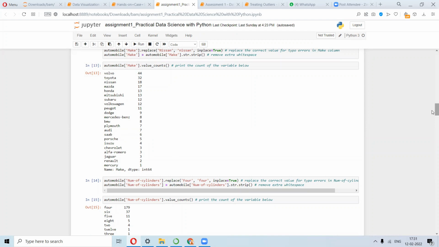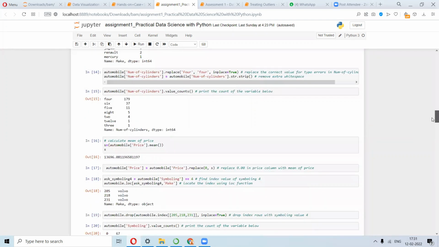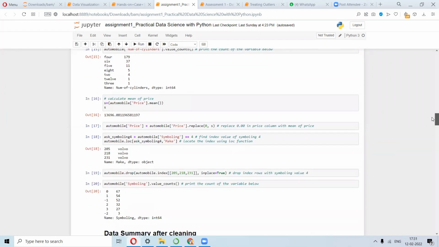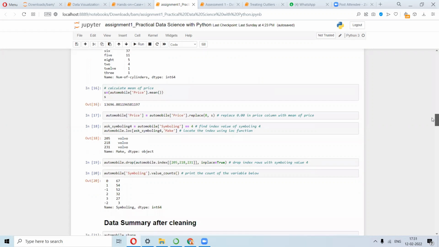Okay. Number of cylinders. Mostly you observe 4-cylinder cars, right? Mostly 4-cylinder cars, and hardly you find 12 or 3-cylinder cars. So you get the mean and all these things, right?